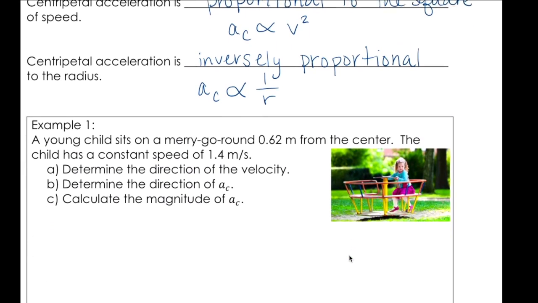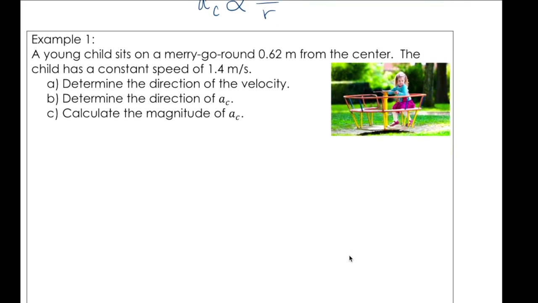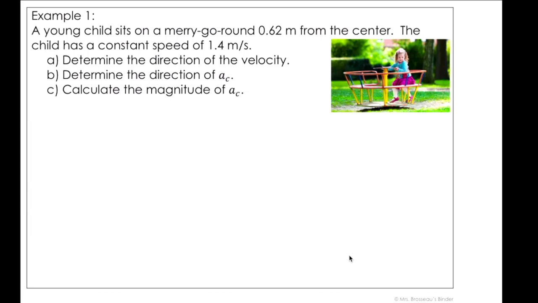For this first example, a young child sits on a merry-go-round 0.62 meters from the center. The child has a constant speed of 1.6 meters per second. First off, for part A, it says determine the direction of the velocity. Like we had drawn out in those examples with the circles, whenever we have centripetal motion,